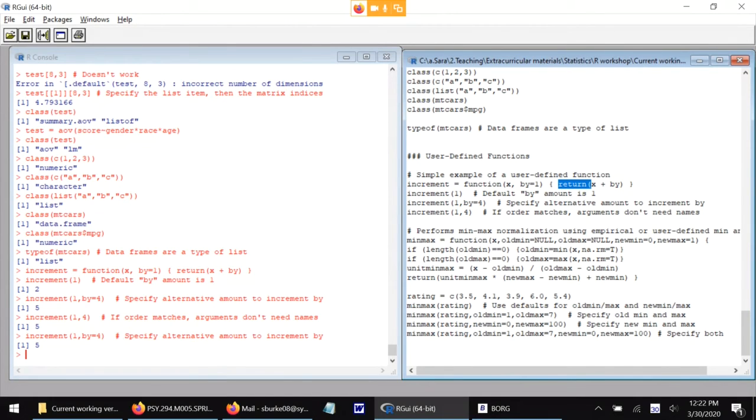This return just means, whatever is the argument to return is what I want to be the output of the function that I'm creating called increment. In R, the last line of the function will be the return value if you don't call return within the function on purpose. But I think that's ambiguous. I prefer not to do that, so I always use return to make it very clear what value I am